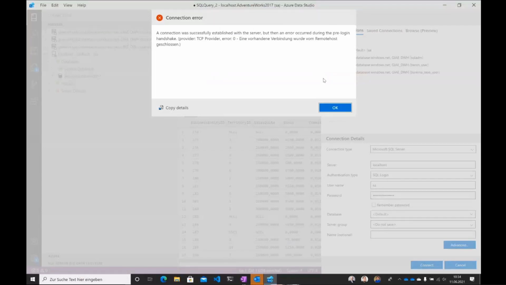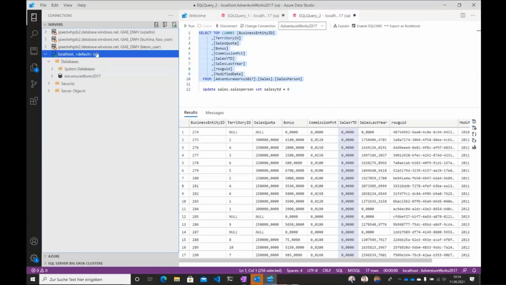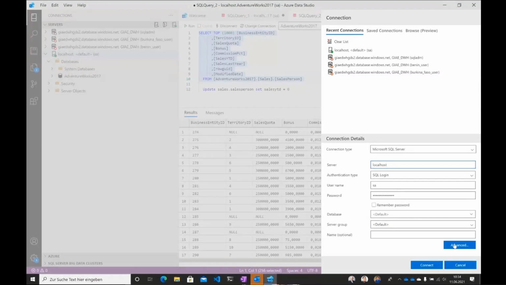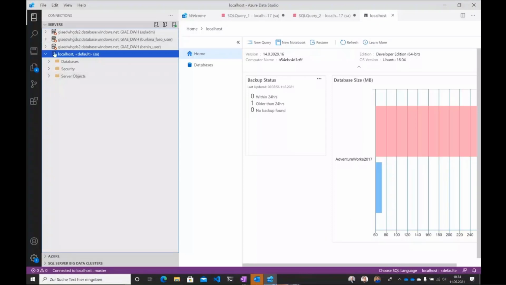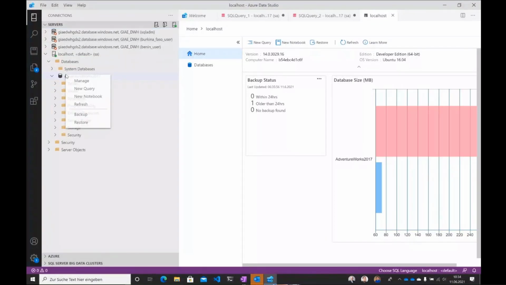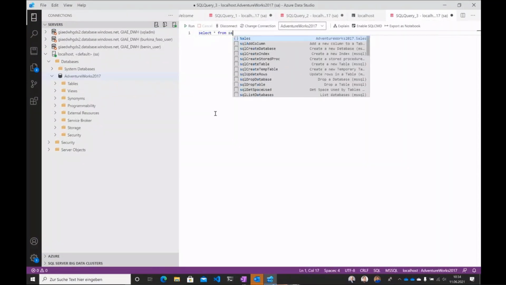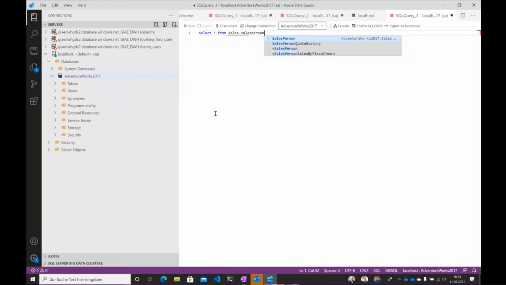Yeah, this is okay. Connect. Okay. So I will just edit connection. Okay, there it goes. It wasn't up. So when I now do the exact same select again, select star from salesperson, you see that